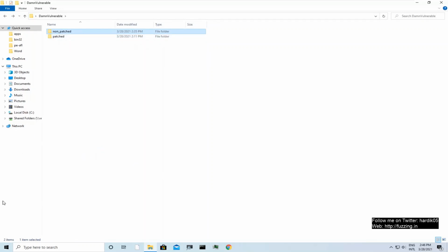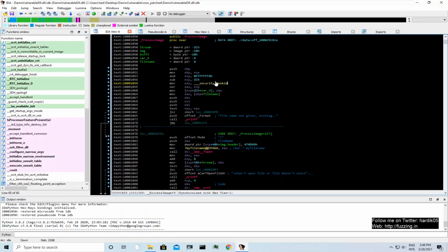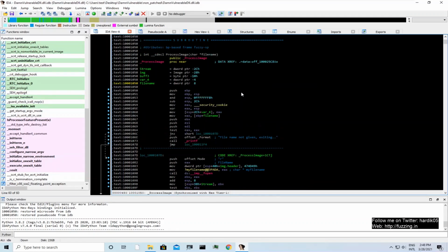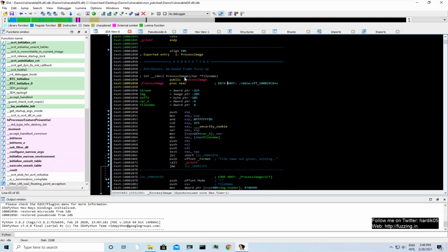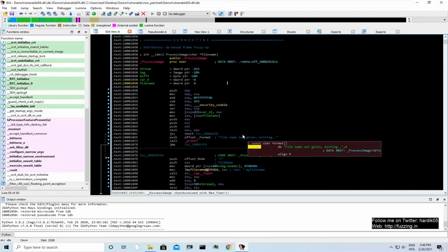So let me open my IDA and I will show you. When I open this Damn Vulnerable DLL, which is not patched, inside IDA it looks something like this. There is a process image function we are looking at. This is the function which contains a lot of vulnerabilities. There is a file name, and then there are some checks where, if we don't give any file, it simply prints a message and exits from here. Then